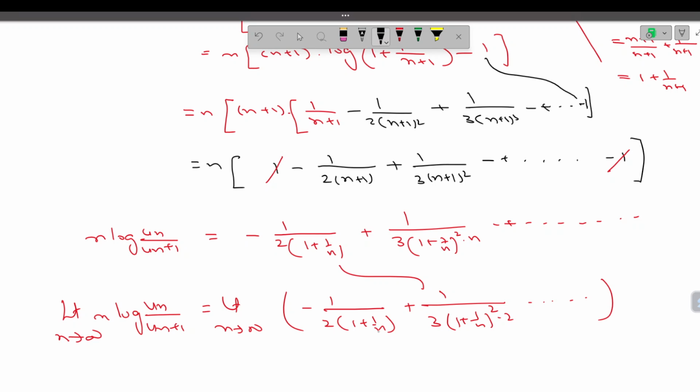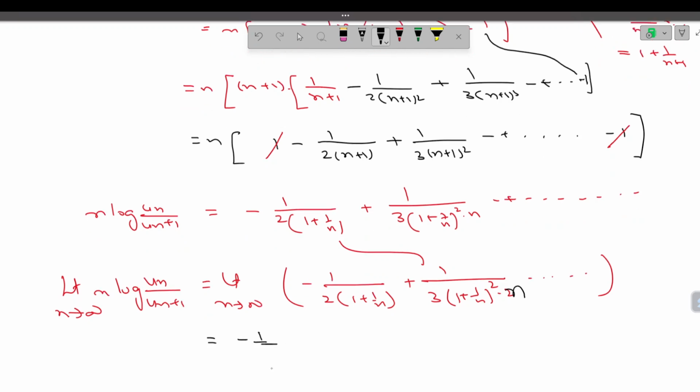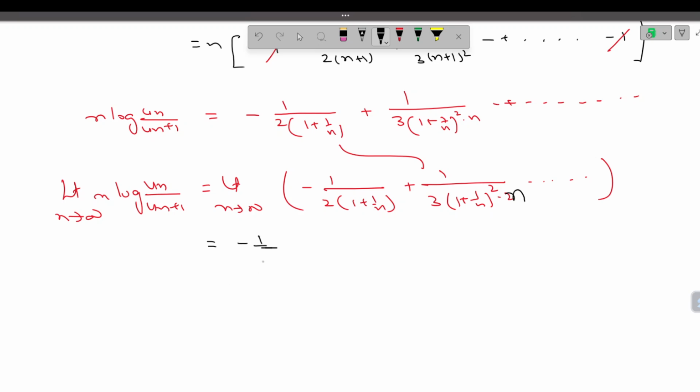As n tends to infinity, 1 by n tends to 0. This is minus 1 by 2. As n tends to infinity, 1 by n is 0, again this is 0. So it is gone. We are left with 1 by 2. Minus 1 by 2, less than 1. Less than 1. Therefore